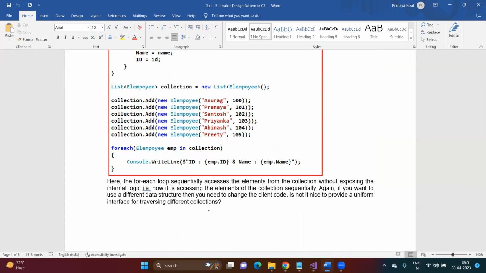How is it internally accessing the elements, how is it accessing the first element, how is it accessing the next element, how does it come to know that I have accessed all the elements? Do you have any idea how the internal logic is implemented, guys? No. Right. So in this case, the for each loop accesses the elements of the collection, which is of type list